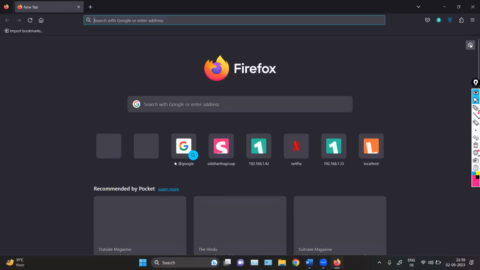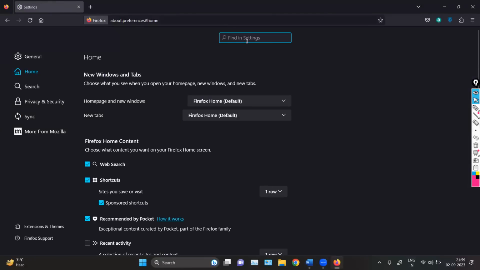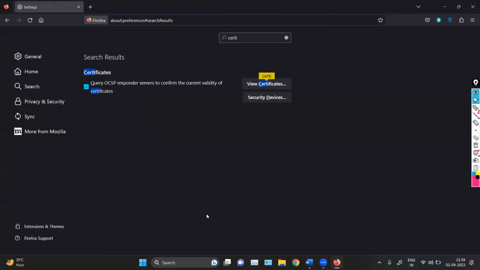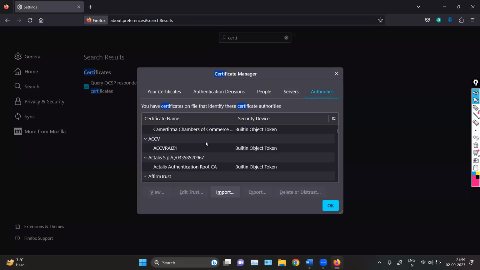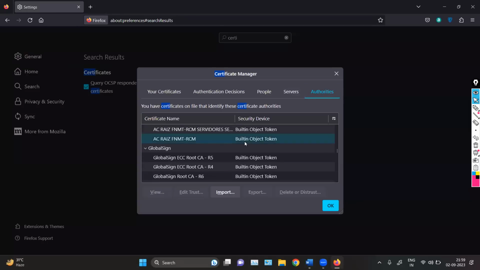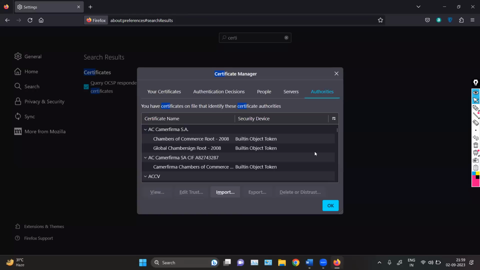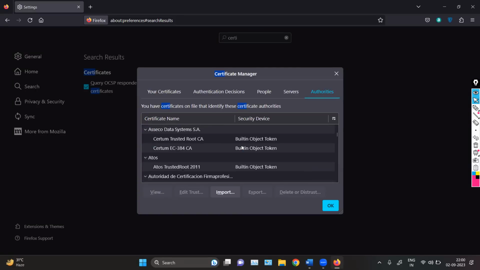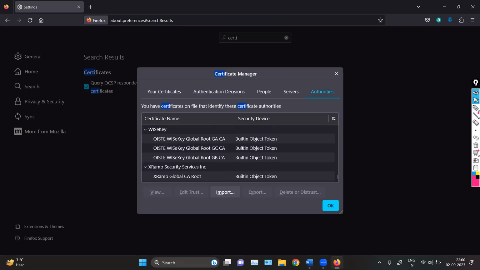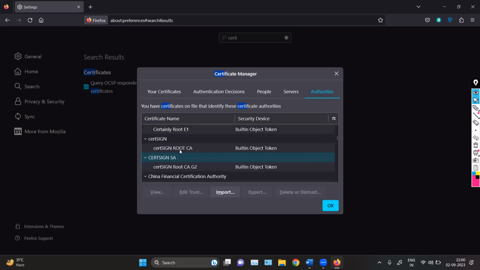When you open the settings here, in manage more settings, if you search for certificates, you will see view certificates. These are the certificates which are signed and built in with Firefox. Same as we have with Chrome and other browsers. So these are the pre-built certifications. One certification which is not pre-built is